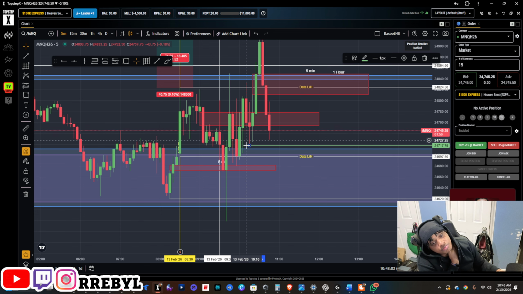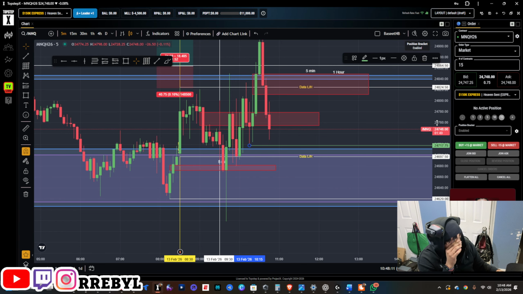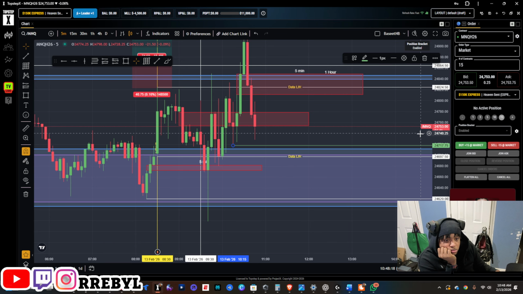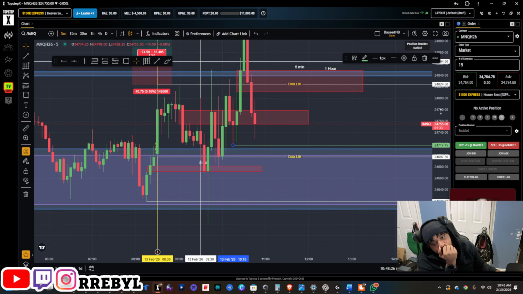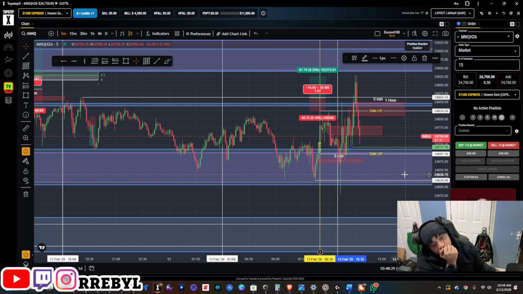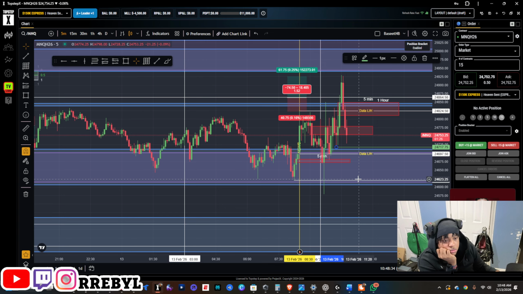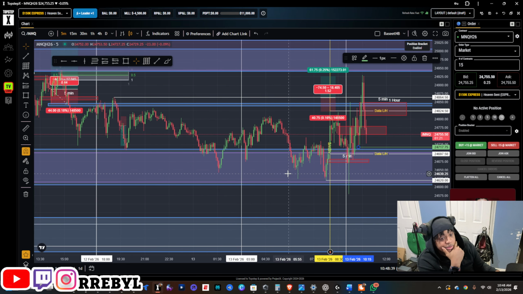Pre-break of structure. If it breaks structure here, my first TP is this swing low. I'm not using that 1 hour, 4 hour, respectfully. Your first TP is the swing low? Yeah. It's a bit risky, but I think that's what I'm going to do. We won't take anything at the fair value gap, because the majority of our price action has been at that fair value gap.